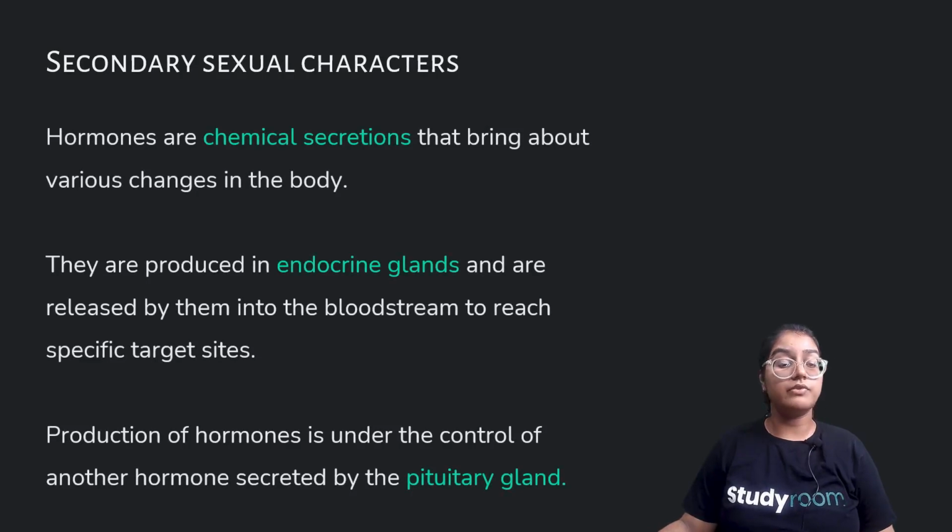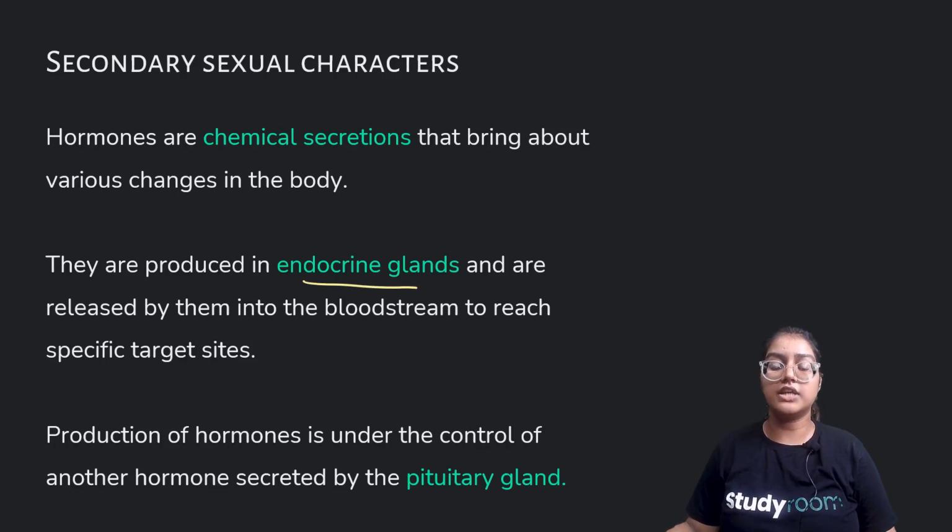Hormones are chemicals. We discussed that everything is controlled by hormones. In males and females, there are majorly two hormones. Hormones are chemical secretions that bring about various changes in the body. They are produced in endocrine glands and are released by them into the bloodstream to reach specific target sites. So there are endocrine glands and there are exocrine glands. So what do endocrine glands do? There are two types of glands. So remember, hormones